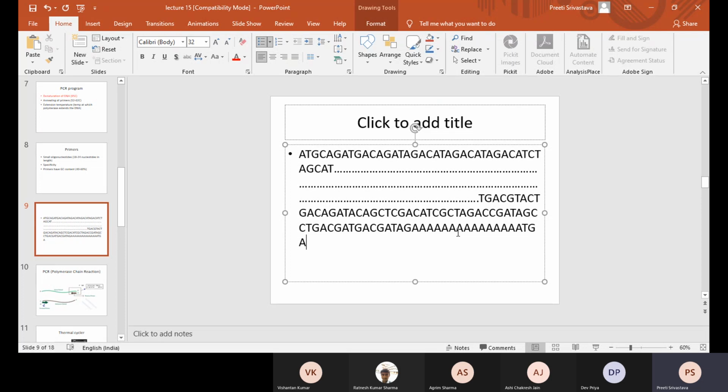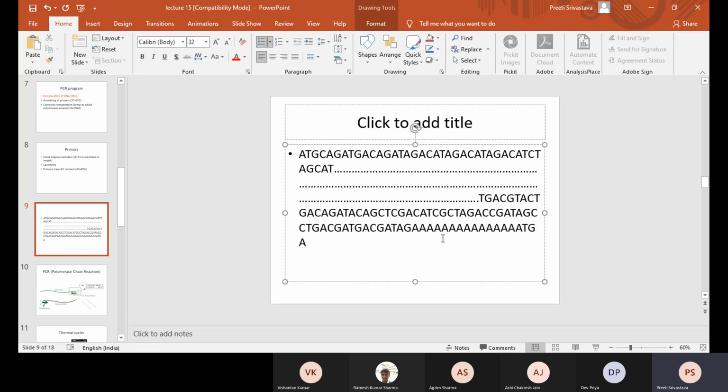But then in that case, there are different types of polymerases and there are certain modifications in the buffer. For example, DMSO is added. There are a few additions which need to be done in the reaction buffer. We'll be discussing those in later classes. But in such cases, if you have to take the stop codon into consideration, then one possibility is you need to make a bigger primer. So 18 to 24 is desirable, but maximum you can go up to 40 to 45. In such cases, you can design bigger primers for increasing the specificity.